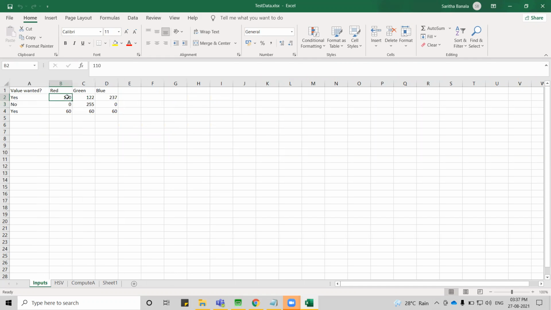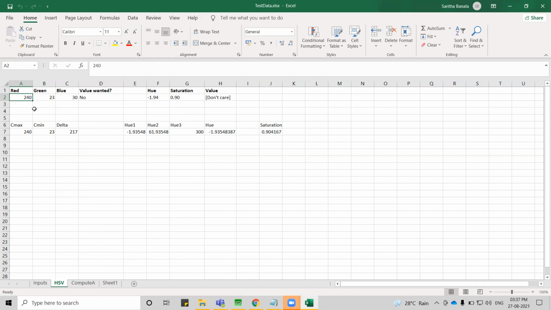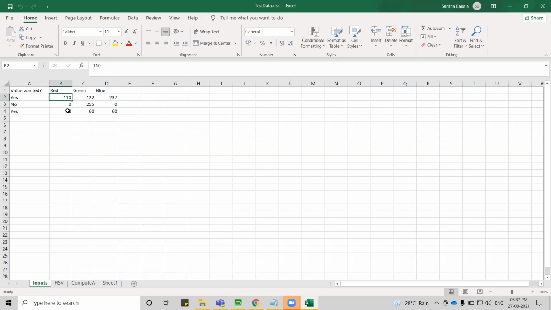So whatever you are seeing, 110, 122, 237, these 240, 23, and 30 will be replaced by the values that are there in input.